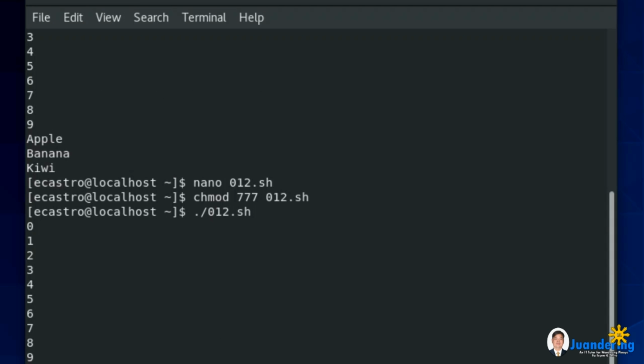Okay, so it displays the values from 0 to 9. Okay, so lastly, it will be the select loop. For the select loop, let's first create our last script for the shell loop,